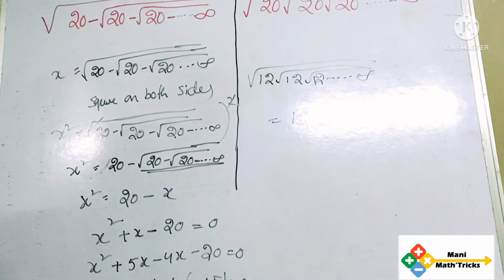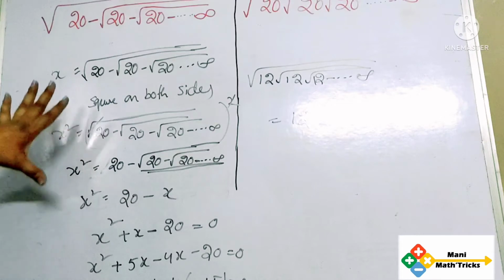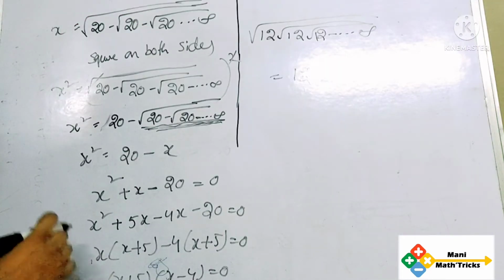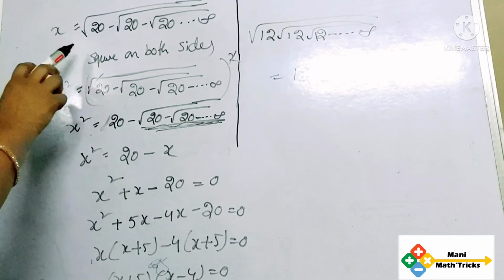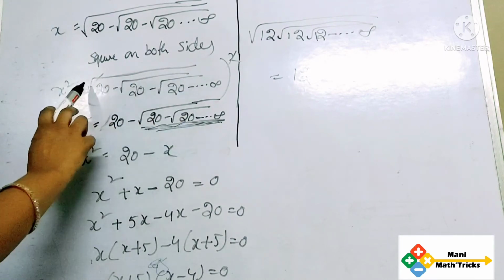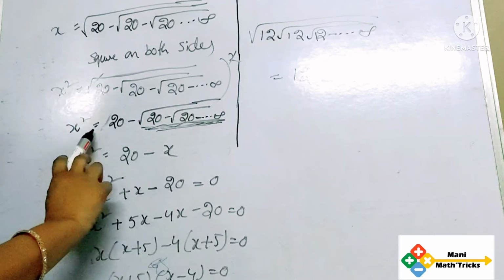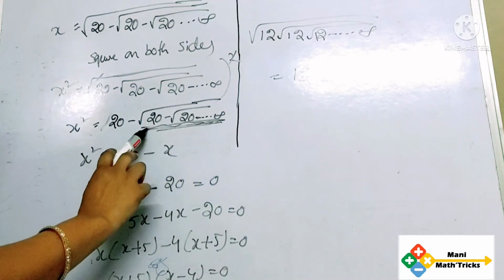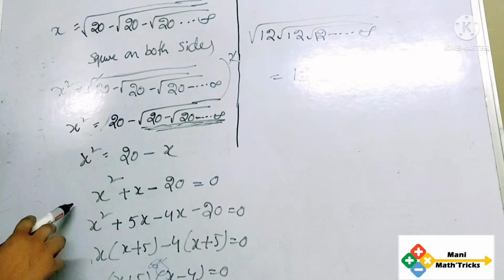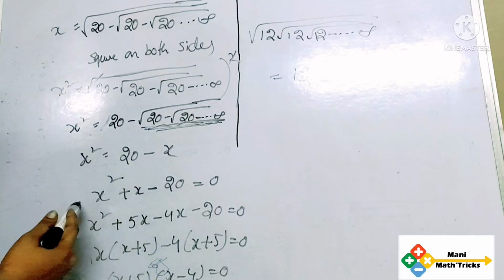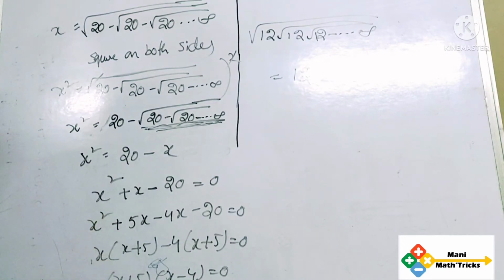Okay, so now suppose here, I hope this problem you have understood. Let's see one more time. Now let's have a quick recap. Given the problem, consider it as x and square on both sides. Square and root will get cancelled and the problem will be seen like this, and substitute this value with the x and then transfer these values this side and it will become a quadratic equation, and find the factors for